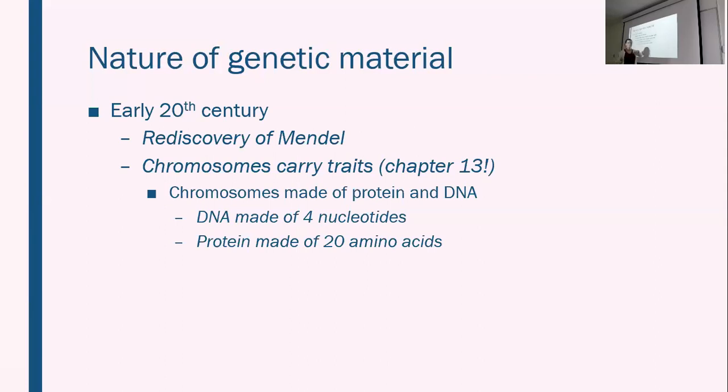And initially, people were assuming it was in the protein. And for logical reasons, right? DNA just has those 4 little nucleotide bases, right? A's, T's, C's, and G's. How much information can you make out of 4 little bases versus proteins, which are linked-up chains of 20 different amino acids, which is kind of close to our own alphabet. So logically, people were thinking that the protein was carrying the information and that the nucleotides were just kind of this rope that was holding them all together. Of course, we now know that that's incorrect, but